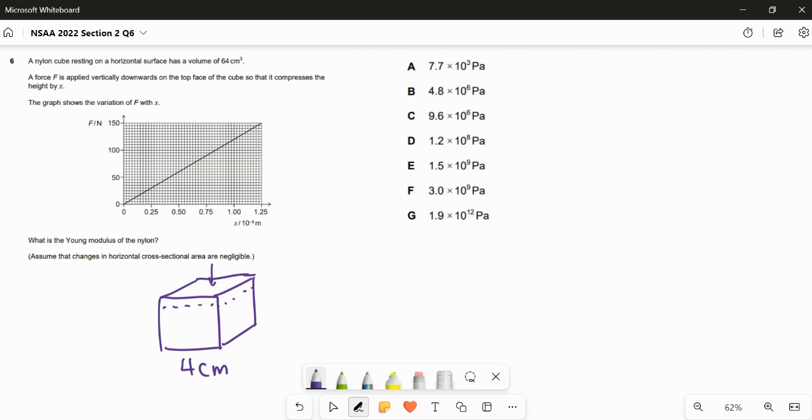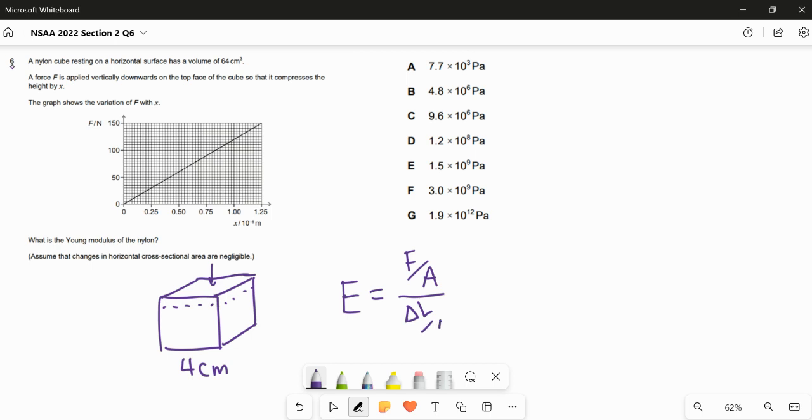The graph shows a variation of F with X. What is the Young modulus of the nylon? So we have some options here about what it could be. Well, the formula for Young modulus, if we start with this, is the stress, defined as the force per unit area, over